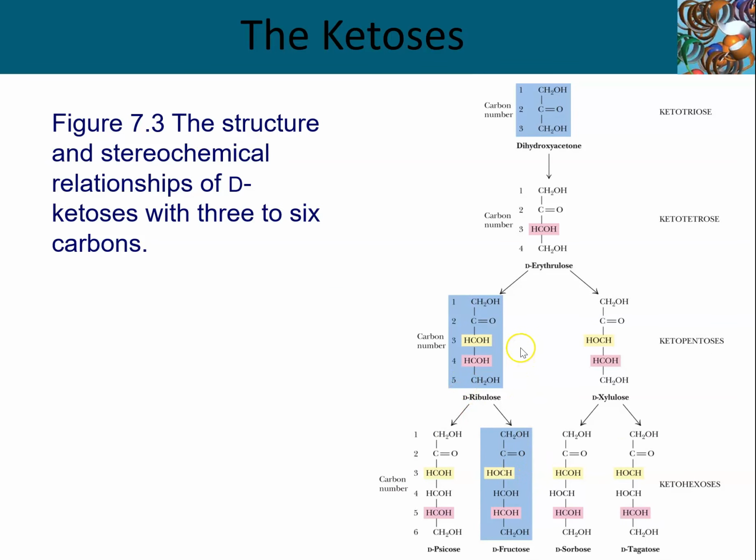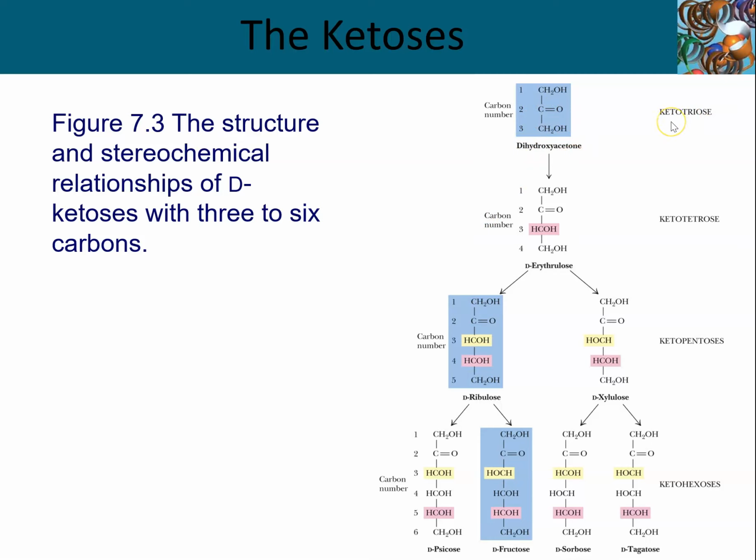Fructose is going to be in the ketose category because it, as a straight chain carbohydrate, has a ketone functionality. And because it's a ketone, that carbonyl group has to be on the second carbon. It's not on the first carbon like on the aldehyde aldoses. And because of this, you have to add an extra carbon to the chain before you get a stereocenter because of the lack of a fourth group around the central carbon here.